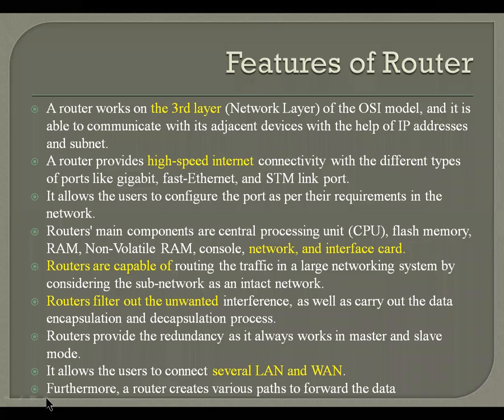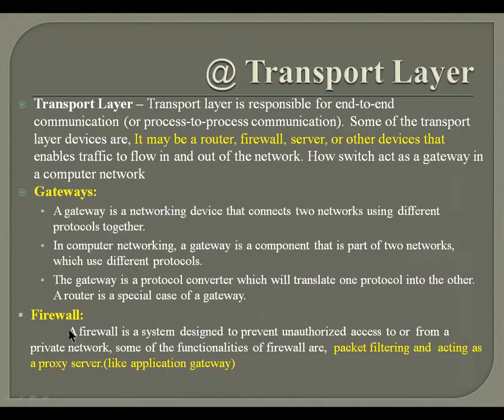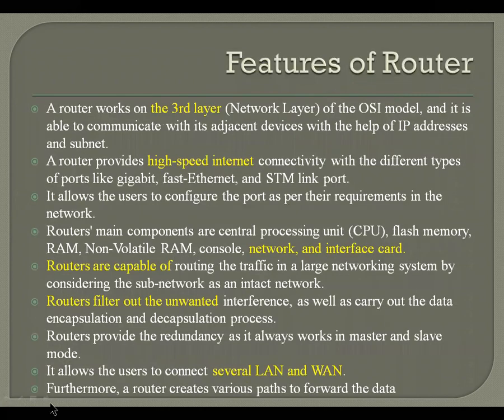Because in networking there can be more than one path available, and to travel the datagram from source to destination we need to select the best one. Let's say we have A to B, B to C. If there is more than one path available, we need to select the best one on the basis of some cost metric. Cost can be distance, cost can be traffic, cost can be delay, etc. So that decision can be taken by the router itself.